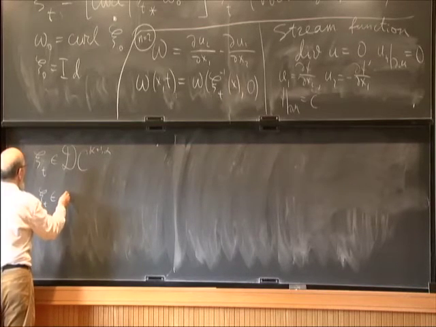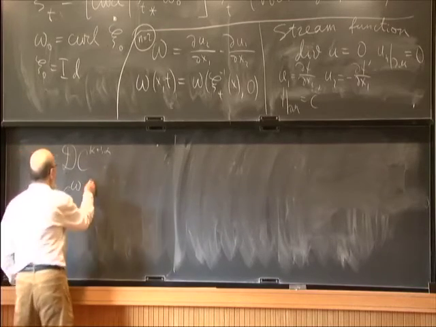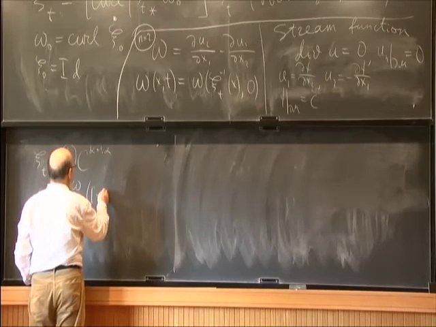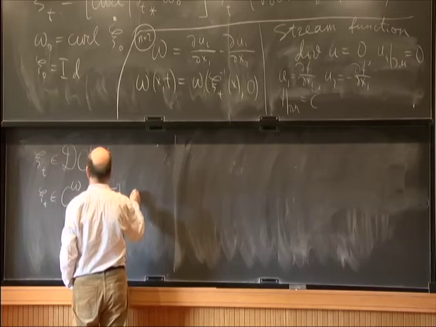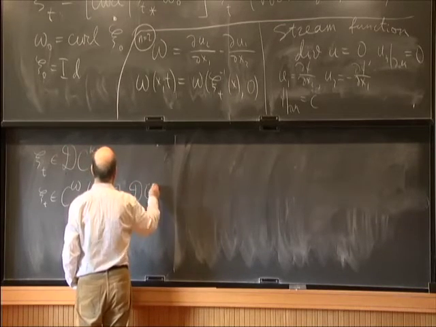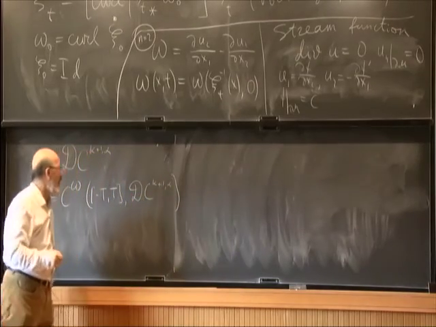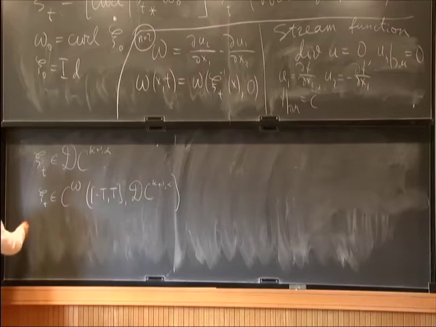Ct is C omega, so it is an analytic curve from, say, minus t to t in D^{k+1,α}. So it is an analytic curve in the space of diffeomorphisms. It's possible. In particular,